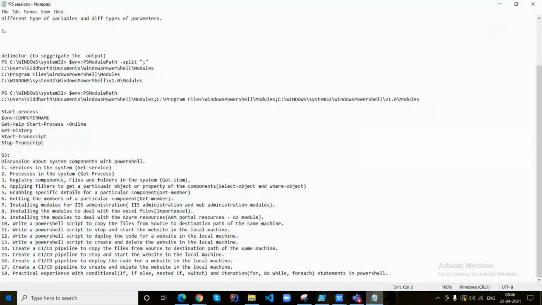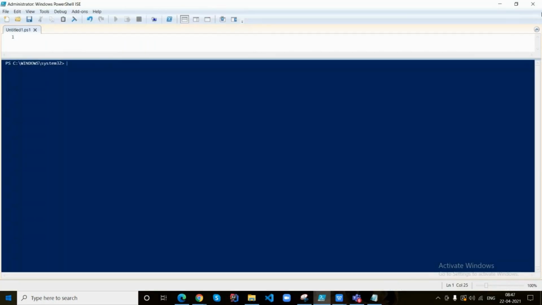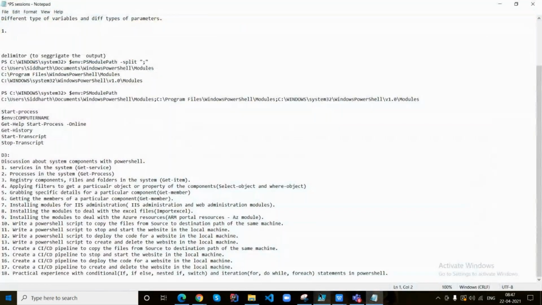First part of the agenda, services in the system. Basically, PowerShell is a scripting tool, so all the activities of administration need to be automated.